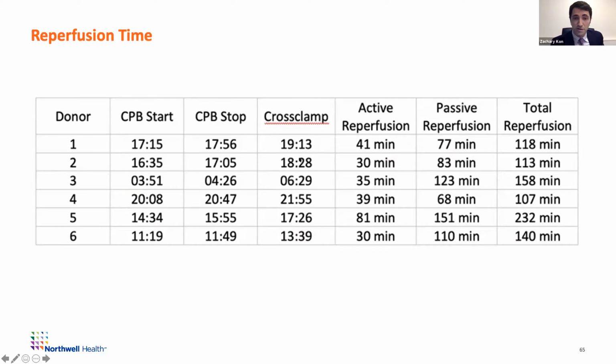I'll just quickly try and finish with this slide, which just gives you a good idea of how long we're perfusing these organs. And this happens to be the heart we're talking about here. But again, this is actually perfusion of all the organs, so the liver, the kidneys, the pancreas, the lungs. So active perfusion in most of these patients, again, was in that 30 to 40-minute time period. But then there was continued passive perfusion with a normal saturation and normal mean arterial pressure on minimal drips for an extended period beyond that. So the total reperfusion time of all of these organs was almost 2 hours in every case. And I think that lends itself to significant mitigation of potential warm ischemic injury.